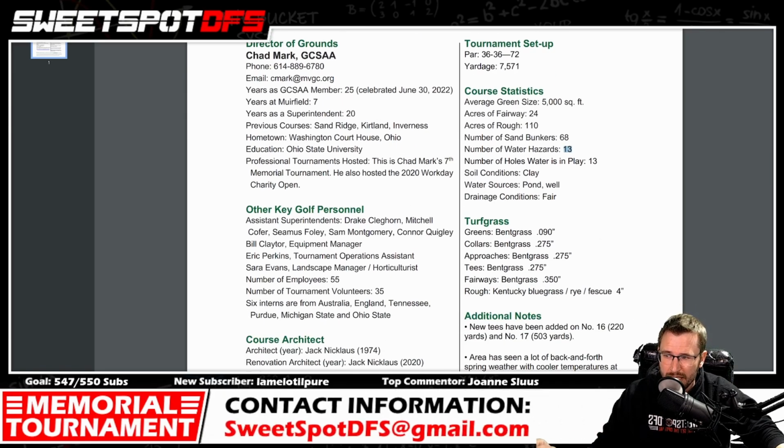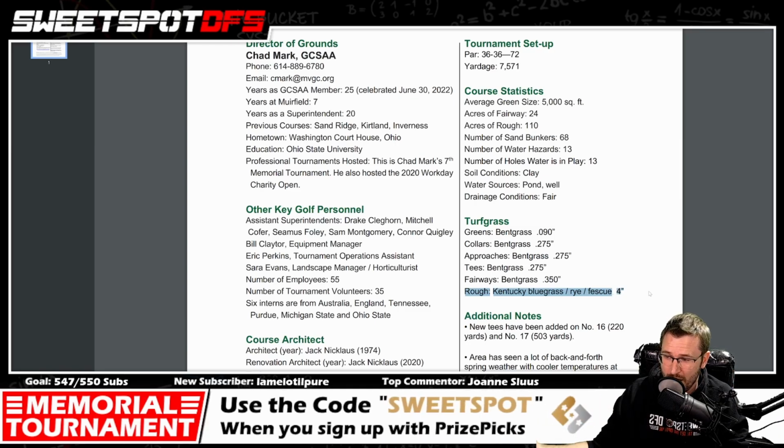I do believe looking at the greens being bent grass, also the approaches, tees, and rough. So we have a bluegrass rye fescue mix. It's a typical northern American golf course. That's what we have all over the place. Doesn't matter if you're in Iowa, Minnesota, Ohio, apparently, maybe New York, you're going to have this type of rough. So basically anything north of,